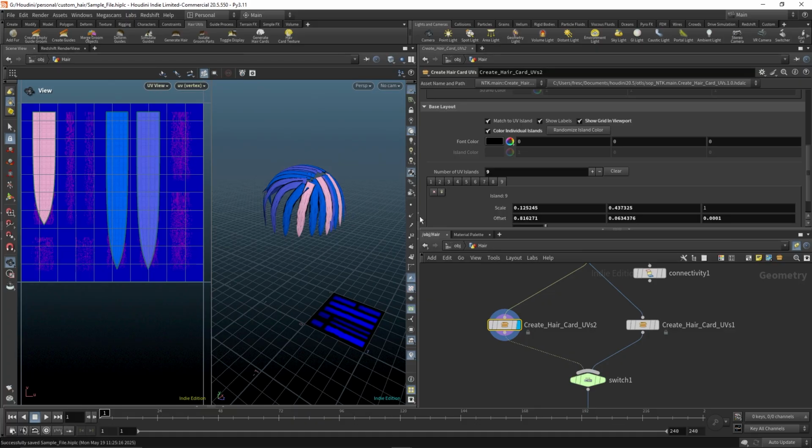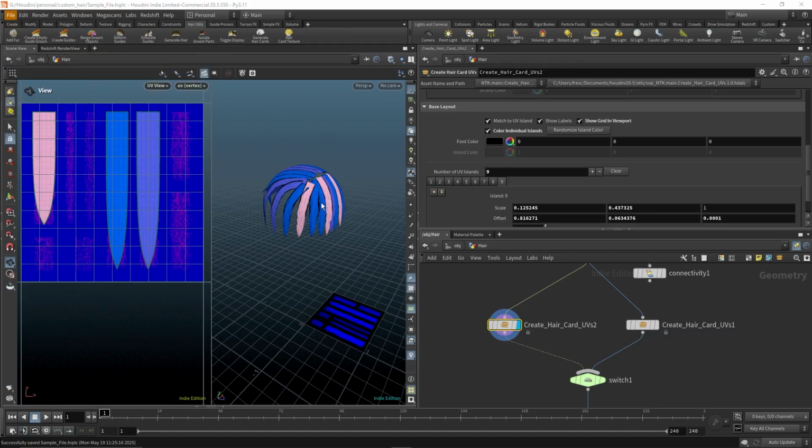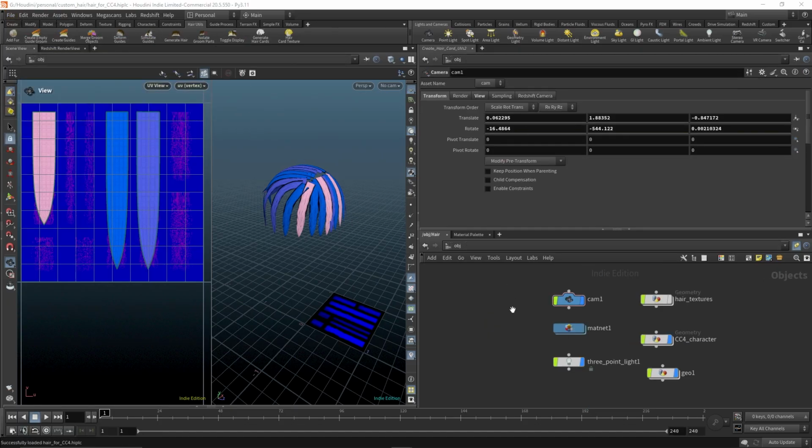And let me actually show more practical use of it here. And I'll upload this sample file so you can see what it looks like. Now, if you don't have Redshift, I'll upload a sample file without the Redshift stuff on it. Maybe not. We'll leave the sample file out. But the Houdini,